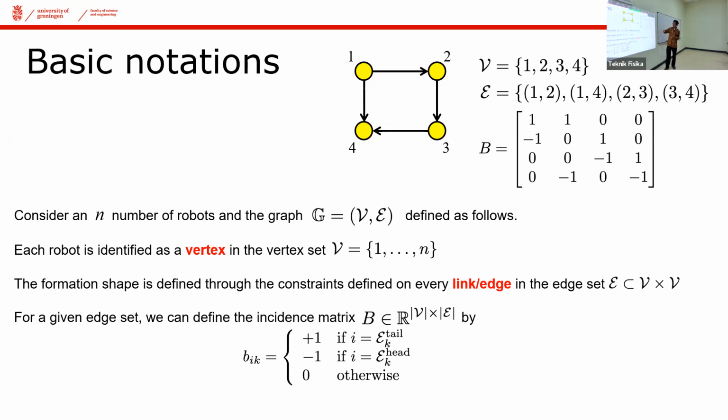And when we take a look at the incidence matrix, we just take a look into the first column. When we take a look into the first column, 1, 2, that is about the first edge. So the ith row is 1 because it is in the tail, and it is -1 here because this is at the head. And we follow the same for the second column, the third column, and the fourth.